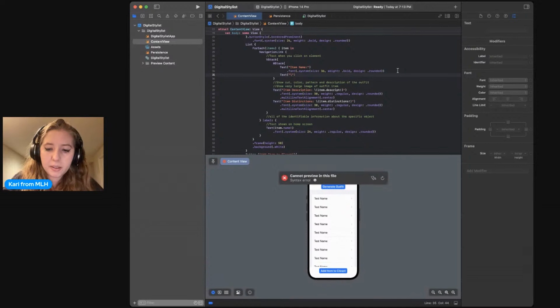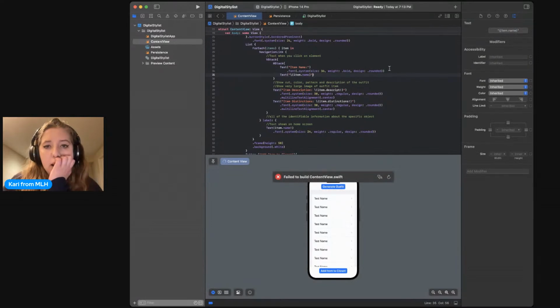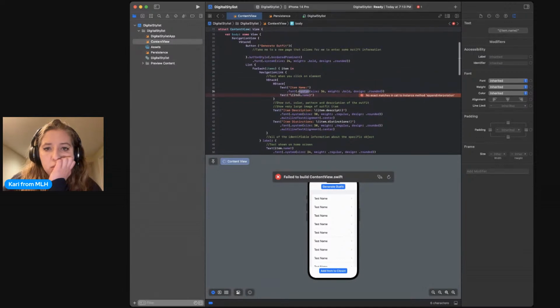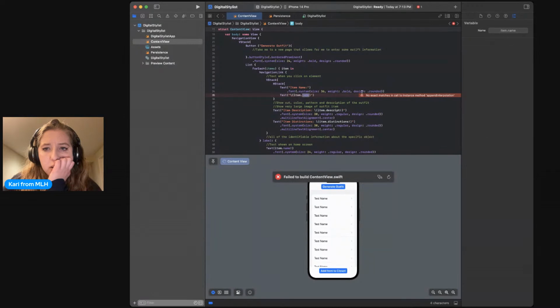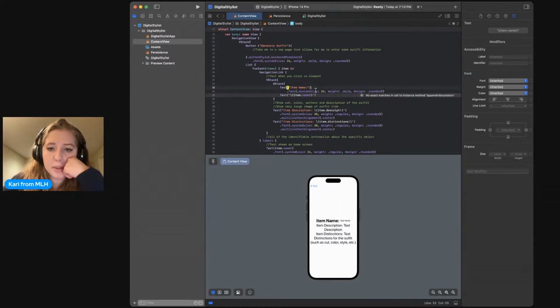Oh, wrong backslash. Item dot name. And then let's see if that works. I somehow disagreed that there's no exact. Oh, it needs to have an exclamation point. There we go. Yeah, so item name, now you can see it's like that because we don't have the modifiers